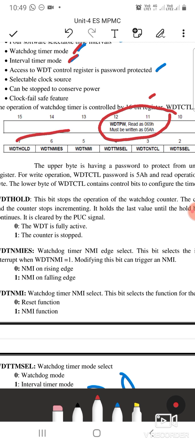And the lower bits, you can see them. All these lower bits are control bits for the watchdog timer. Access to the WDT control register is password protected. So if you want to access your watchdog,